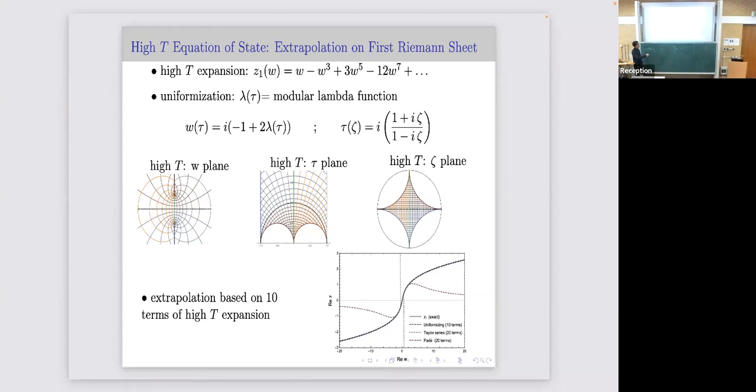The vertical dashed lines are here. These are just the Taylor expansion of 20 terms. There's a finite radius of convergence, and you just can't go beyond just the Taylor. If you do it per day, you do much better in the neighborhood of 0, but eventually it goes down. So even on the first sheet, this uniformizing map is again completely outperforming any of its conformal maps, and it's just because it's right there.